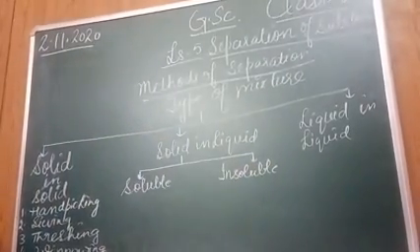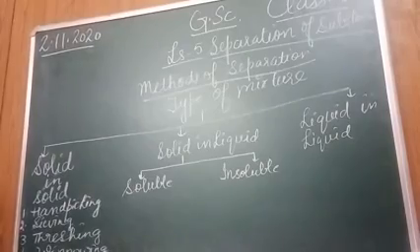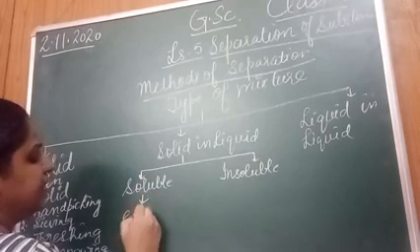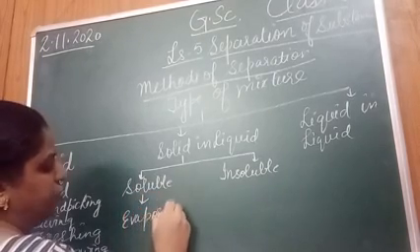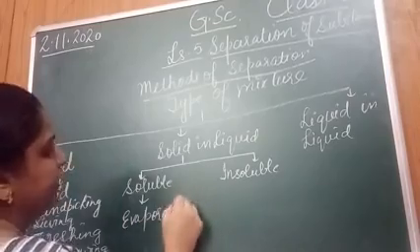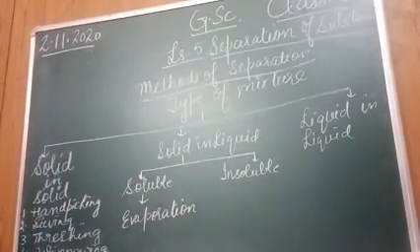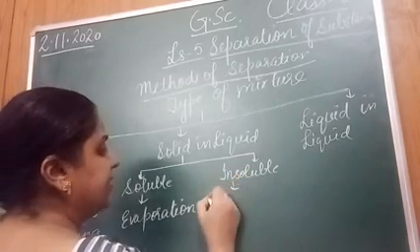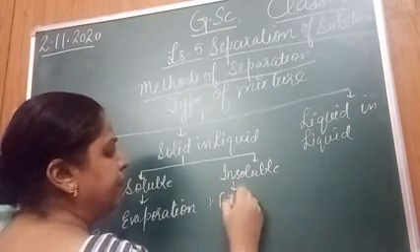Either it will be soluble or it will be insoluble. If it is soluble, then the process involved is evaporation. Right? If it is insoluble, then there are other processes, that is filtration,